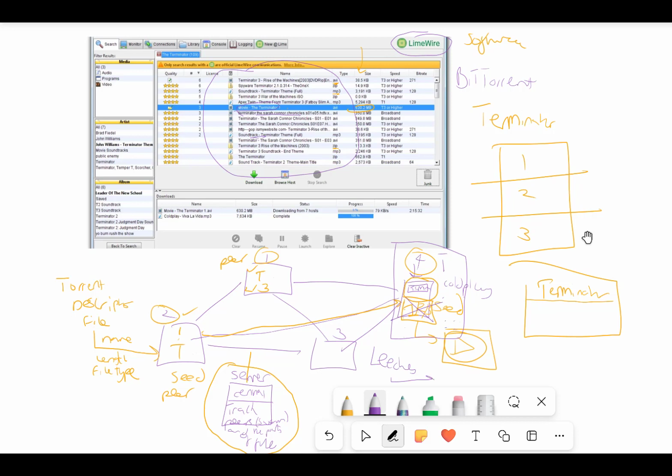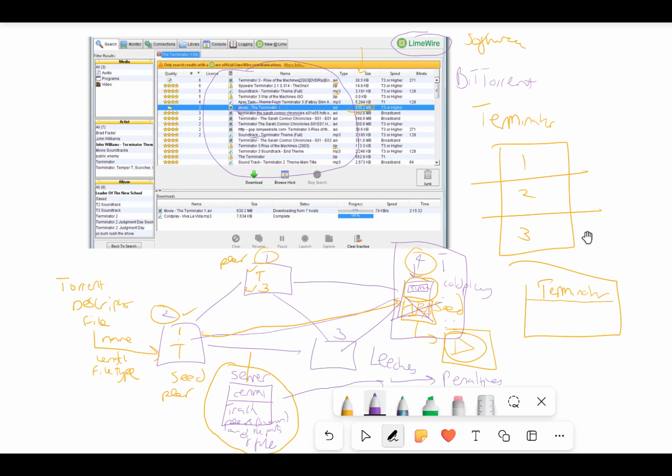If they're leeches, the server will recognize this, and they'll start getting penalties, consequences, like slower download speeds. Because the whole point of peer-to-peer, the whole point of BitTorrent is for people to share with each other. If someone's being selfish and not sharing anything, but they choose to download all the time, they become a leech on the system. So they get punishments such as slow download speed or limited access until they start sharing